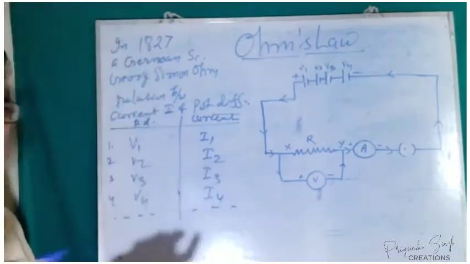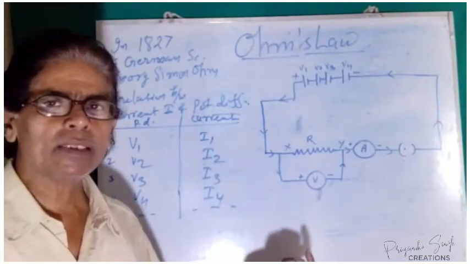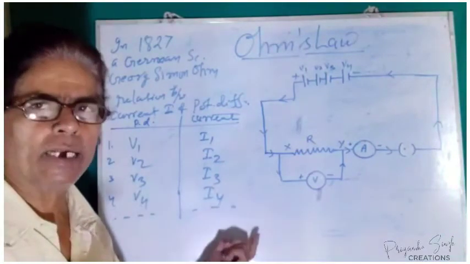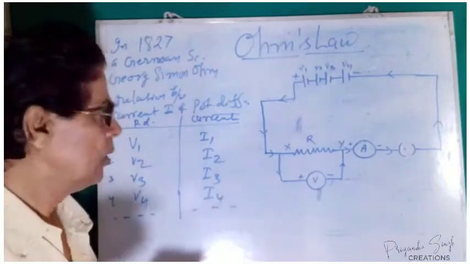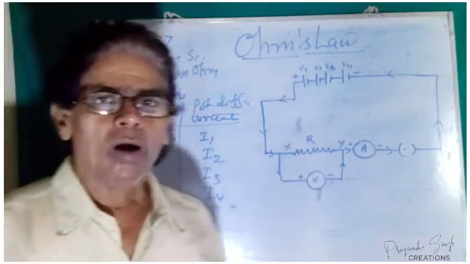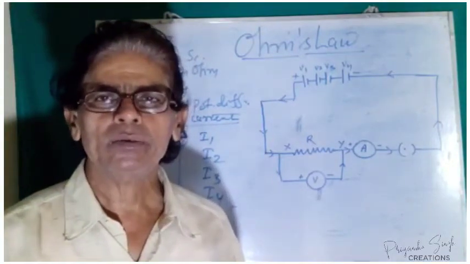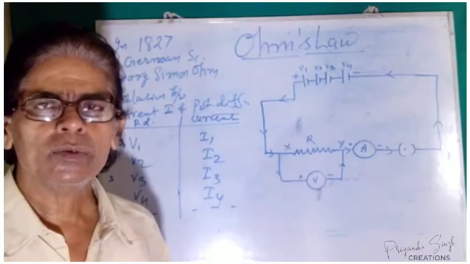In this way, if we continue the process, we get different values of current corresponding to the different values of potential difference. Now, in order to have a relation between the potential difference and current strength,